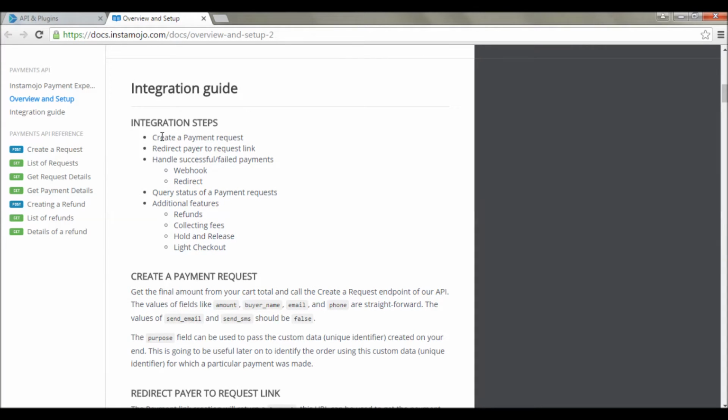There it goes. We have created a payment request. We redirect our users to the request link. Then we are yet to handle the successful or failed payments. Yes, we know how to redirect our users back to our website, but we have not come across this concept called webhook. In the previous video, I postponed this topic, telling that it is a bit